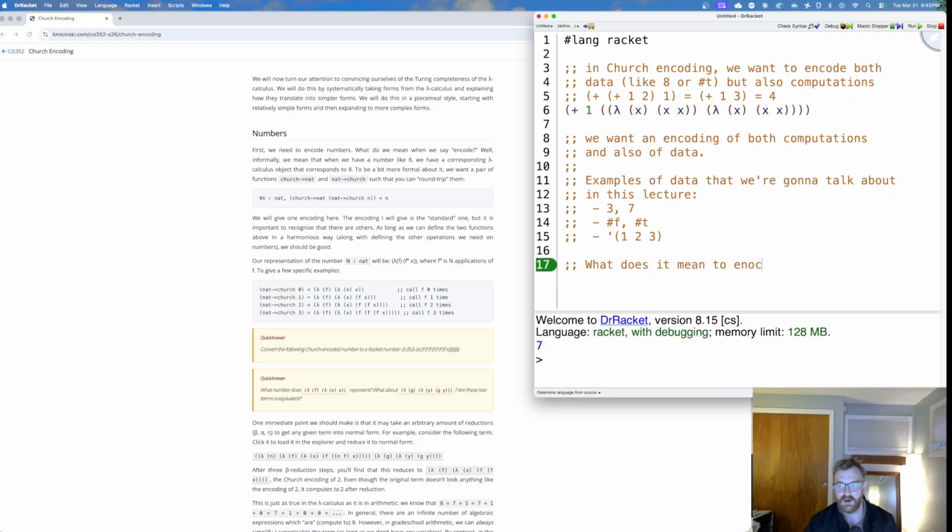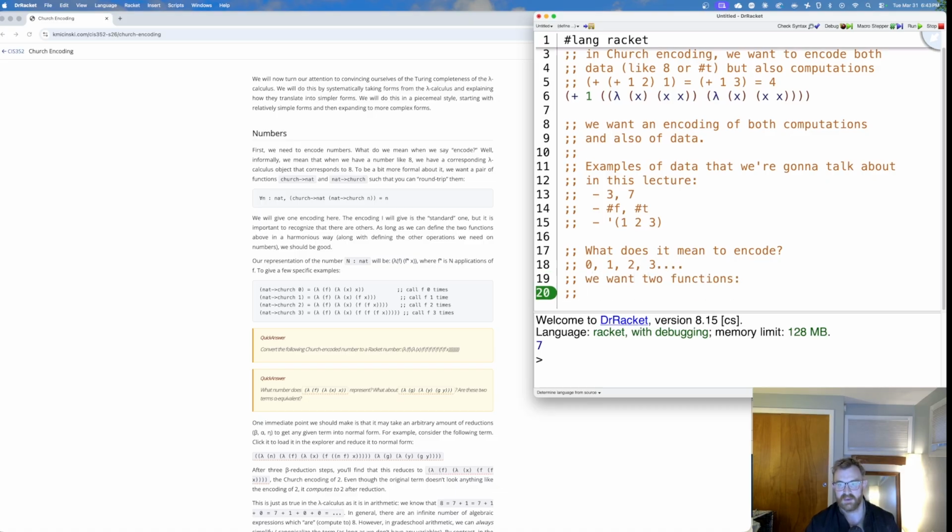What does it mean to encode? So if I have some piece of data, let's say it's a number. We're going to start with natural numbers, so let's say it's something like 0, 1, 2, 3. We want two functions. So we want, let's say, nat to church